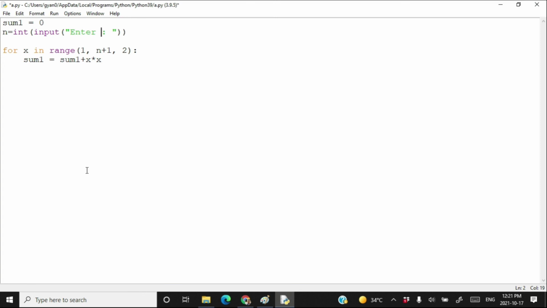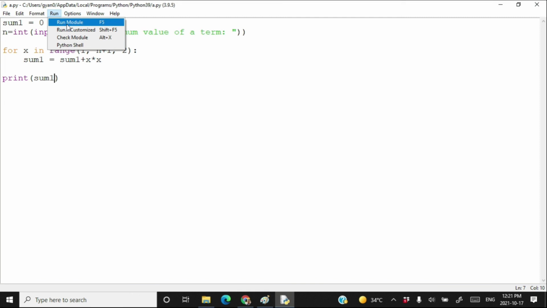Here n is the maximum value of a term in the series. Sum1 is equal to sum1 plus x into x, and finally you print the value of sum1.